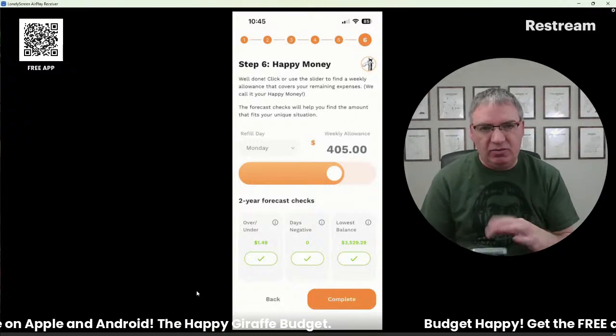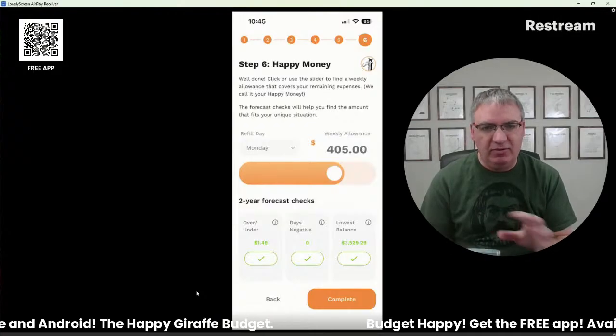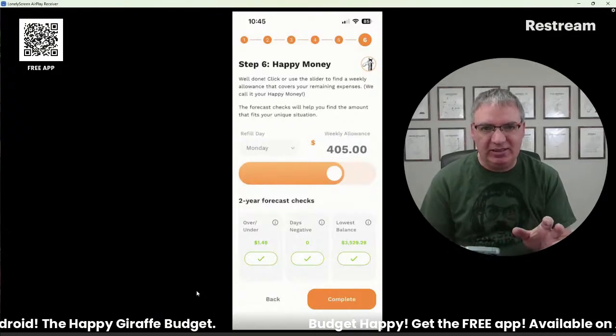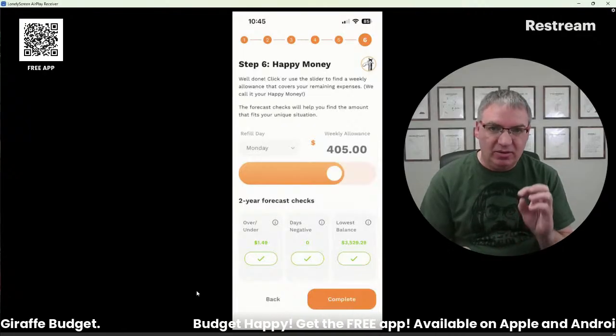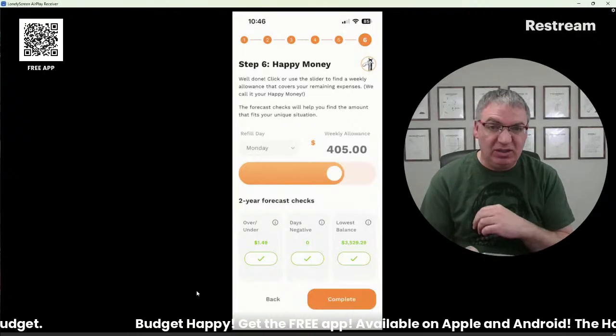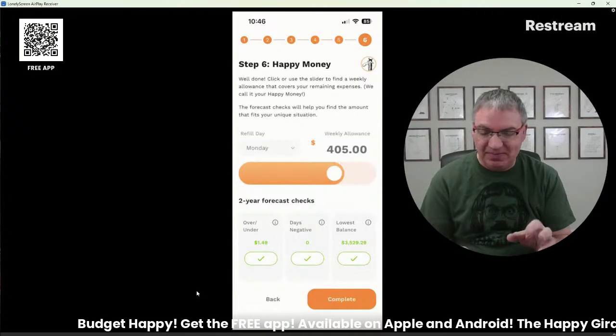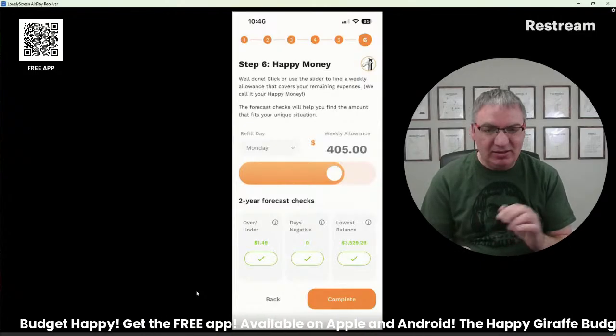And I'm like, we don't want to create a category for every one of those things. It's too much, and it's way too confusing. So we're going to put it all into this weekly allowance. You can spend it on whatever you want. I don't care what it is, as long as you don't go over that amount.